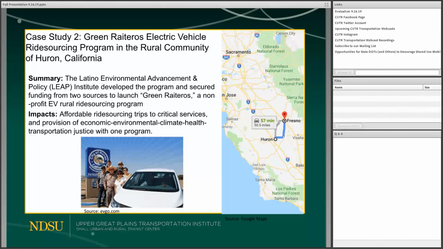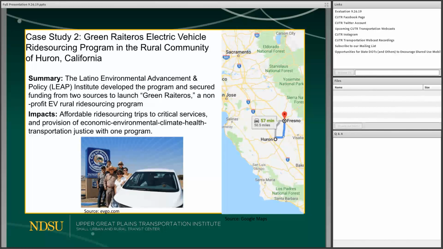Ride-A-Rose used their personal vehicles to provide rides to access facilities such as hospitals, government agencies, and other critical services. Most of these services are located in Fresno, California. Ride-A-Rose generally charged the riders for gas and lunch expenses, and those expenses are still considered very expensive for the already poor residents of Huron.